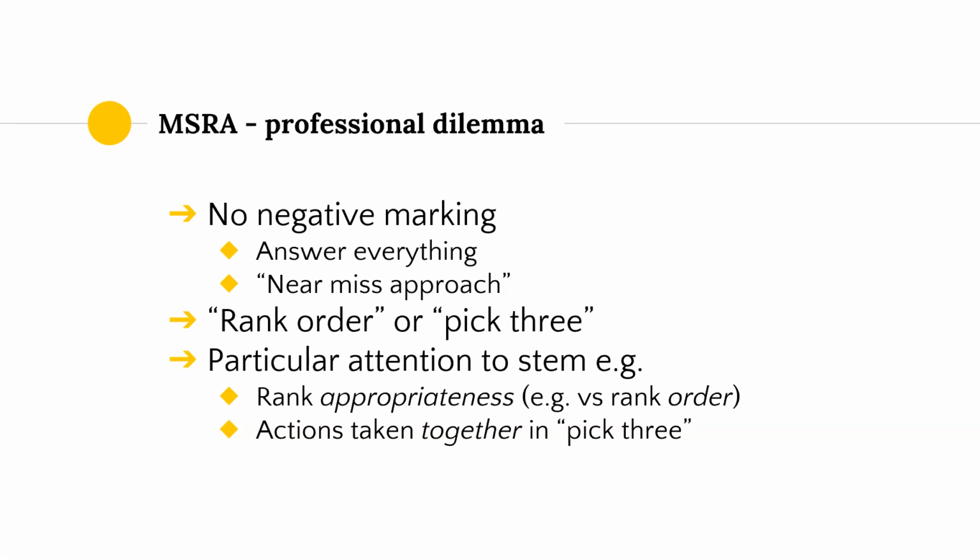So is it asking you to rank the appropriateness of your actions or the order of the actions? This really should make a difference to how you're answering something, because something might be what you would do first, but probably not the most appropriate response altogether. And then when you do the pick 3, think about the 3 things that work closely together and don't double